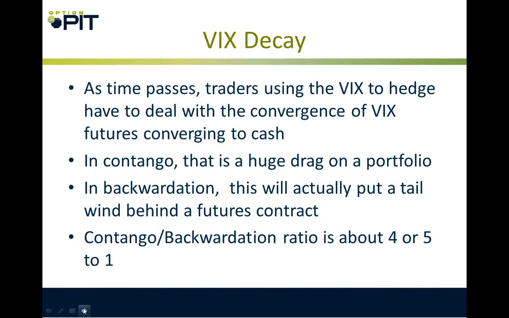All right, so VIX decay. So now you've got the future trading at a premium, and you've got the cash trading below it. So as time passes, traders using VIX to hedge have to deal with the convergence of VIX futures to cash. In contango, that is a huge drag on a portfolio. All right. In backwardation, this will actually put a tailwind behind a futures contract. Again, the contango to backwardation ratio is about 4 or 5 to 1. All right. So over time,